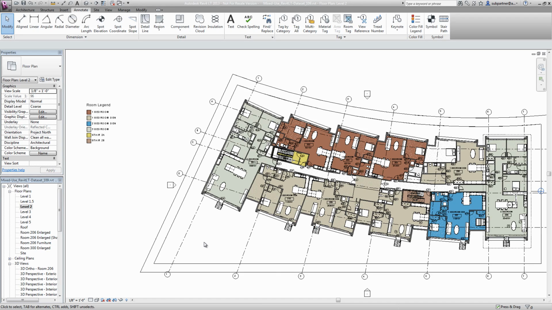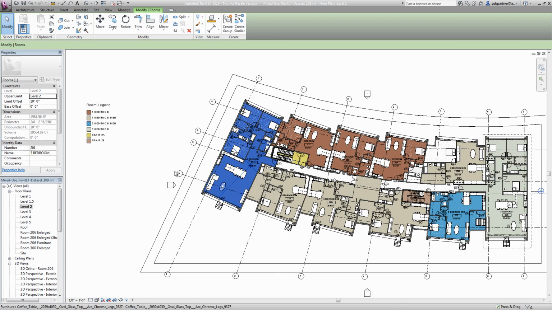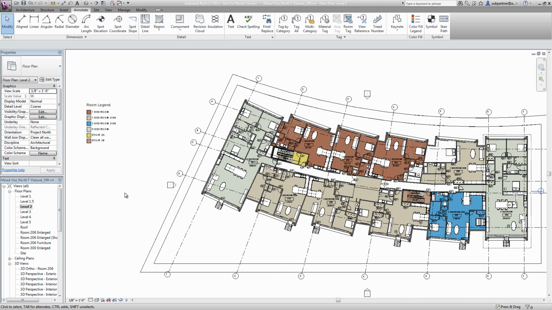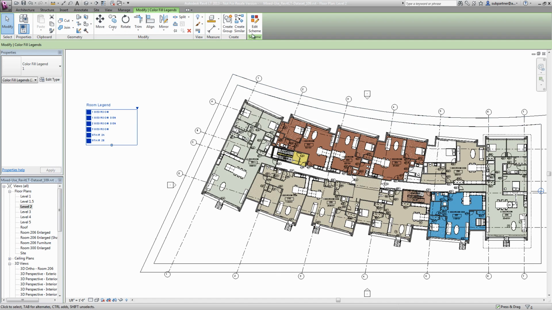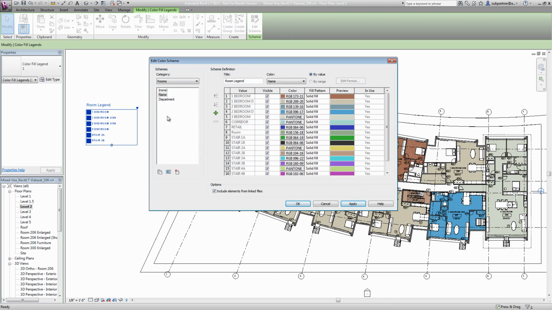Now this is a really simple example that takes advantage of the fact that each of the rooms here in my model has a unique name. We can modify the color scheme to make it look at different settings in the rooms. So I'm going to select the color scheme legend, and up here on the ribbon choose Edit Scheme. And then down at the bottom I'm going to duplicate the existing scheme and give it a new name. I can input a new title for the room legend. And this drop down here is a list of the properties in room objects that I can base the colors upon. So in this case, I'm going to choose the